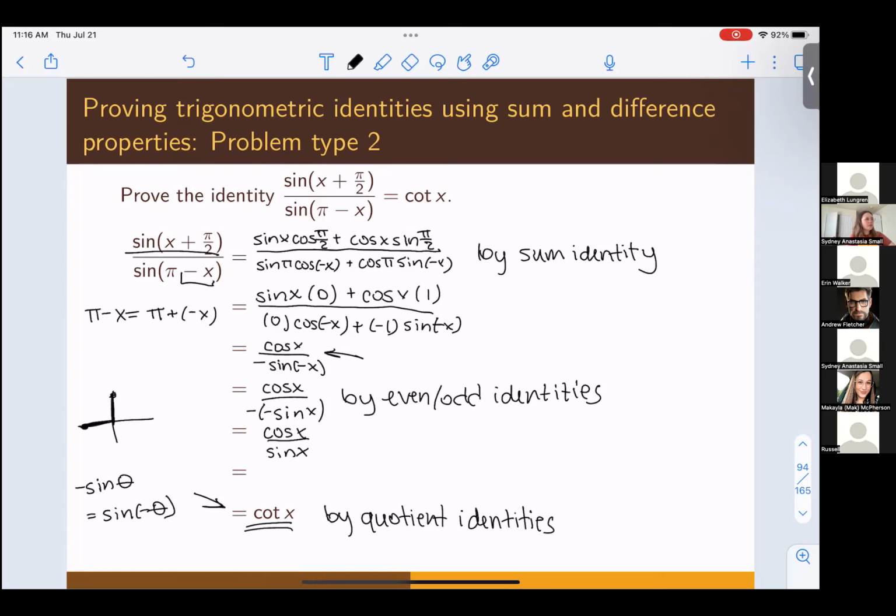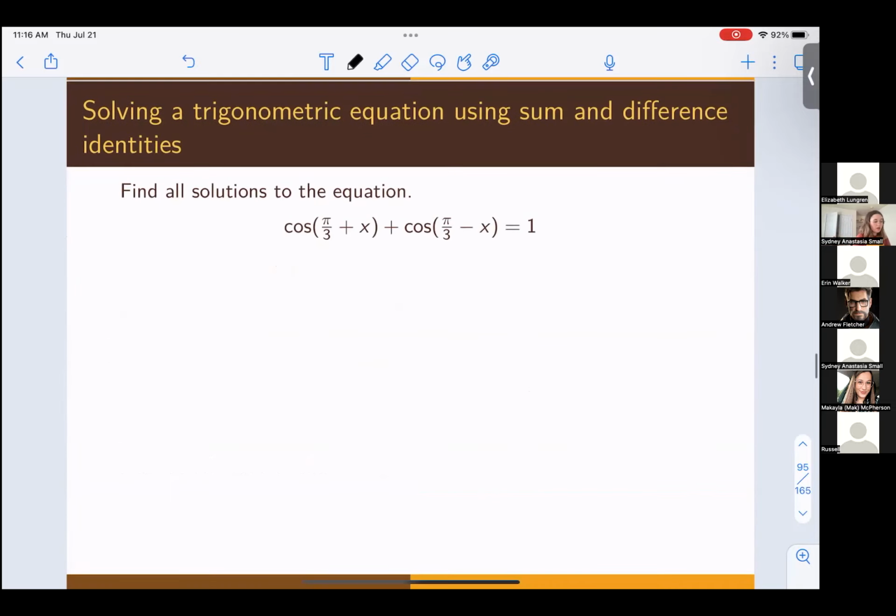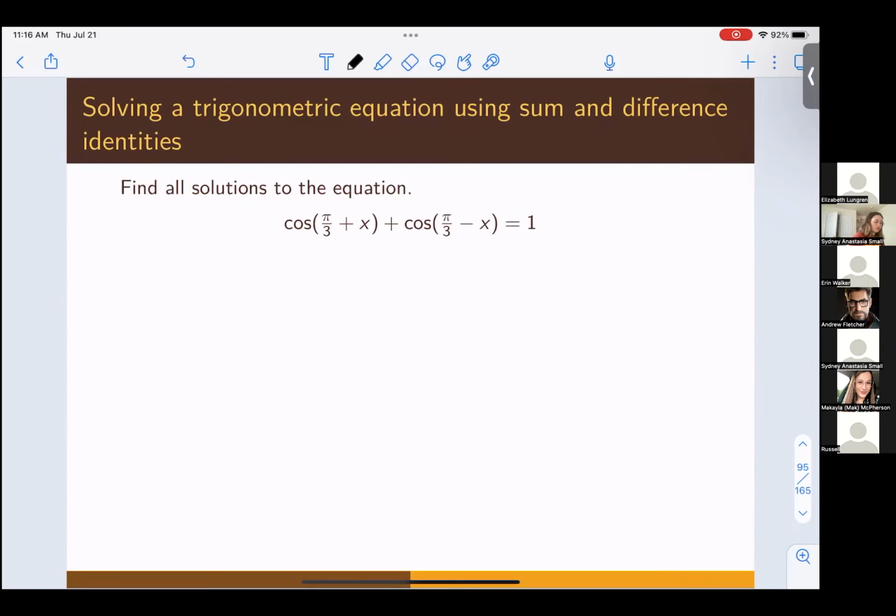All right, let's solve one more equation. And this one's actually not too bad. I want to find all solutions to the equation cosine of pi thirds plus x plus cosine of pi thirds minus x is equal to 1. Again, I don't really know how to deal with this in here yet, the cosine of pi thirds plus x, but I know that I have the identity